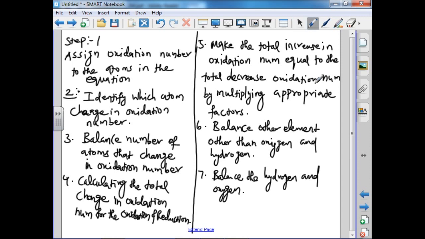The fifth one, make the total increase in oxidation number equal to the total decrease in oxidation number by multiplying appropriate factors. The sixth one, balance other elements other than oxygen and hydrogen. The last one is to balance the hydrogen and oxygen. Finally, we check everything is balanced. For example,